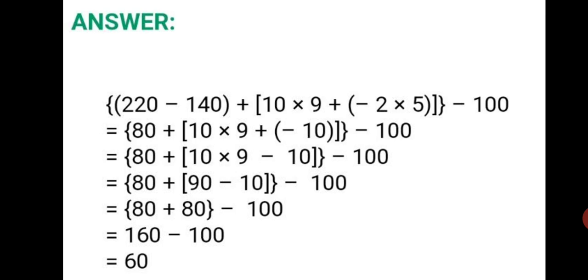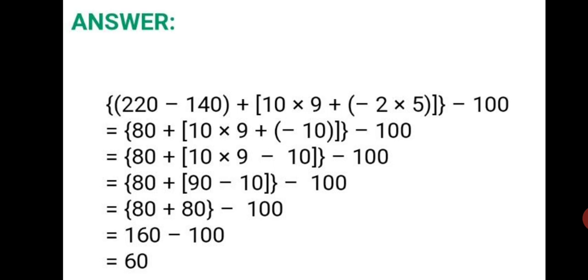Now, have a look. Minus 10 is still in bracket. We need to open it with the signs. Plus into minus will give you minus. So that's all what is done in the next step. 80 plus bracket starts, square bracket starts, 10 into 9 plus into minus is minus, minus 10 comes out of its round bracket and square bracket closes, curly bracket is closed, minus 100. So we have got rid of the round brackets for minus 10.